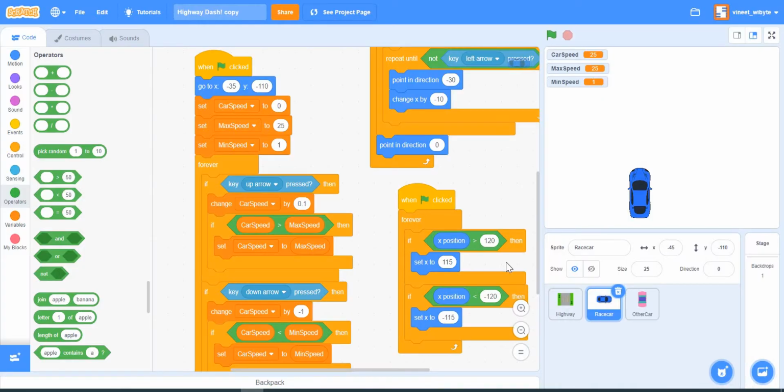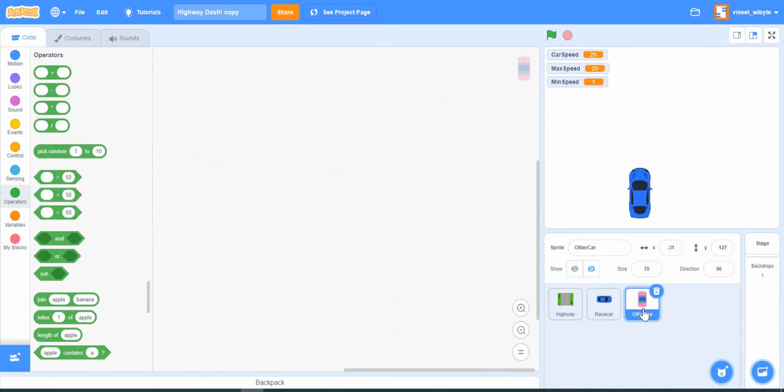And for that purpose, I'm going to have to create a new car. One option would have been to use this car, maybe the same race car, and change its color and so on and so forth. The other option would be to import some other sprite from the internet or from elsewhere. I chose the third option, which is basically to draw this thing.